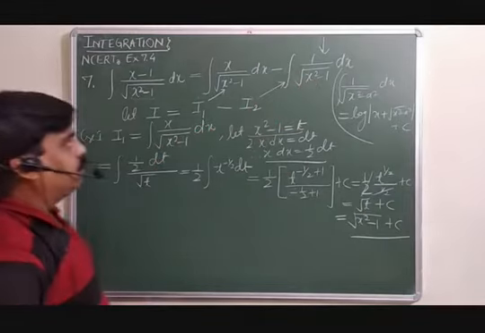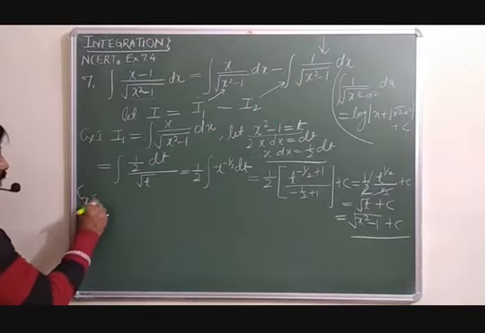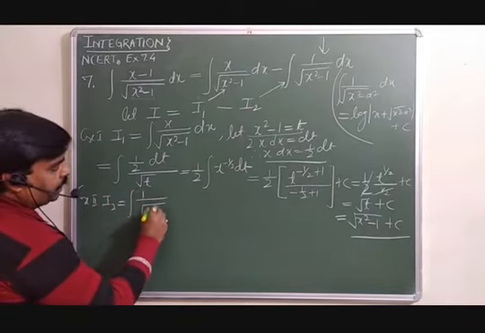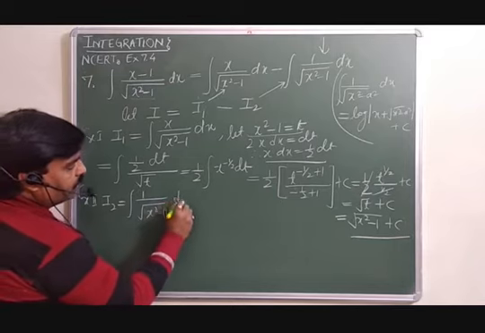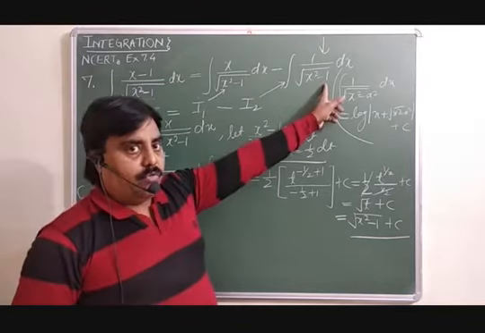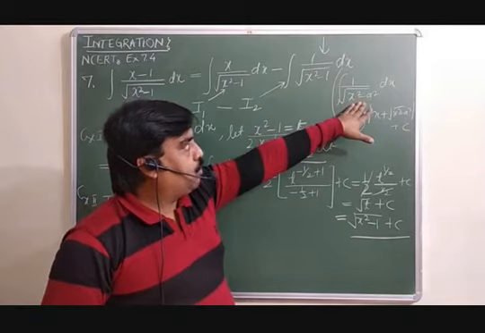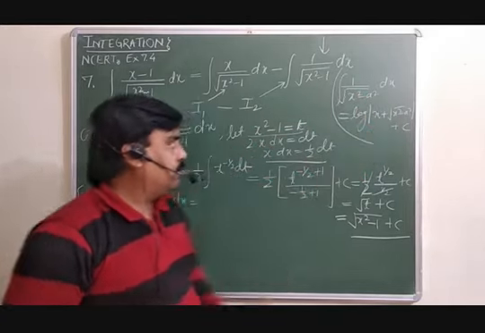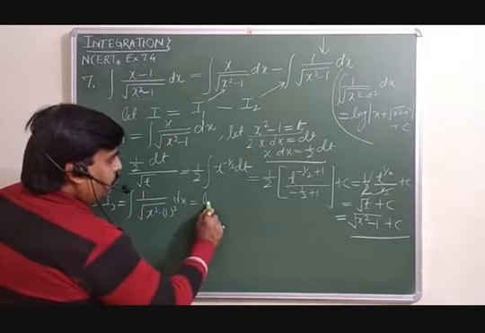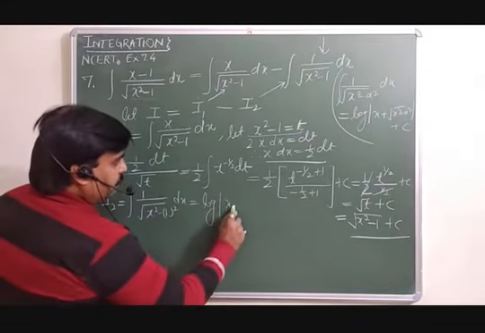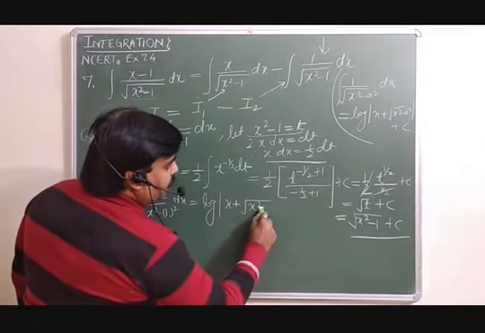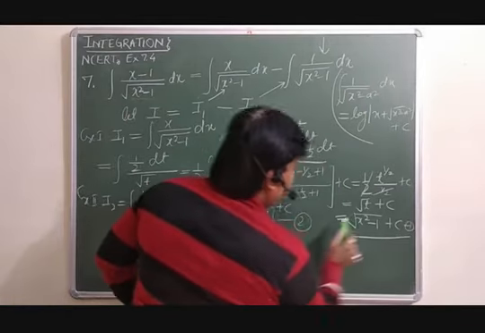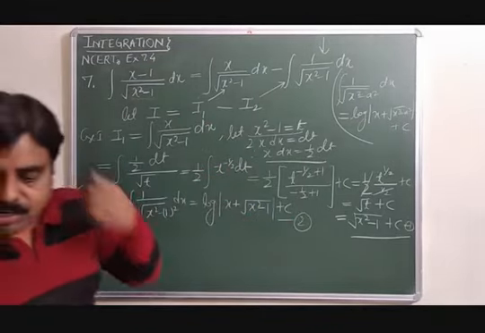Now in case of the second one, you will take I2, that is equal to 1 over under root x square minus 1 whole square, you can say, in place of this 1 we can write 1 square. So you can apply this formula directly, 1 over under root x square minus a square dx is equal to what? Log x plus under root x square minus a square plus c, and this is your 2 you can say, and this is your 1, and these values you can simply put here.